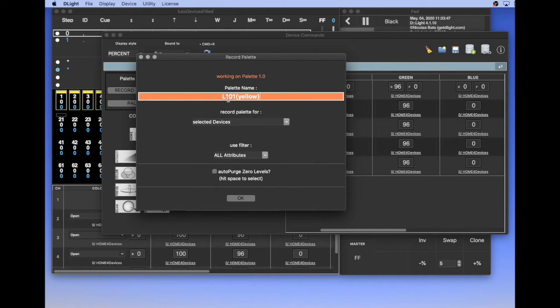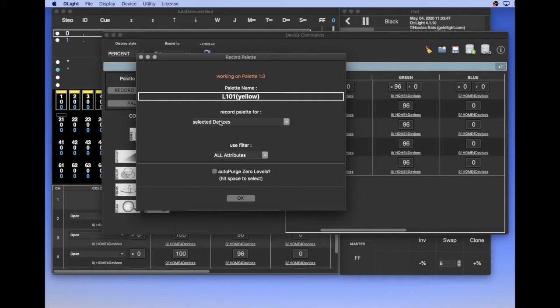Don't put a too long word because the name will appear here and here. And so if the name of the palette is very long, the column will be very long and it won't be easy to scroll in level.